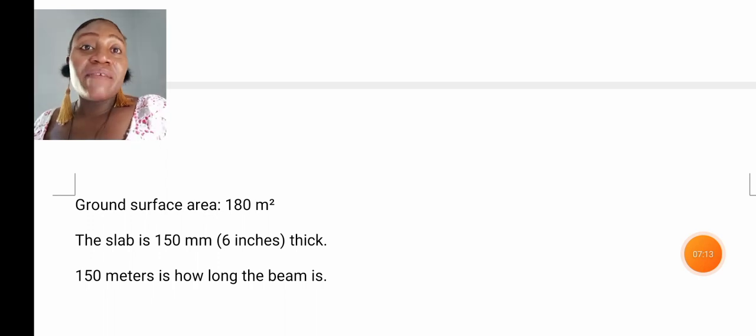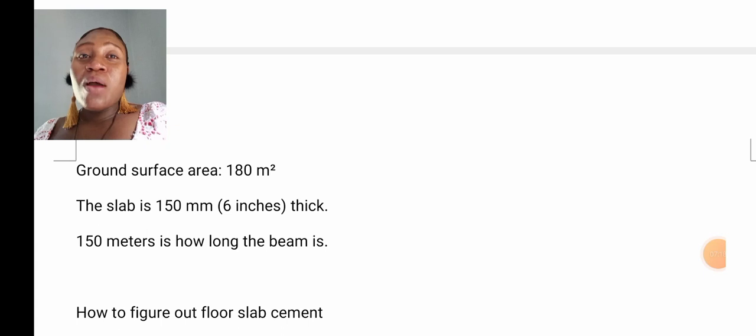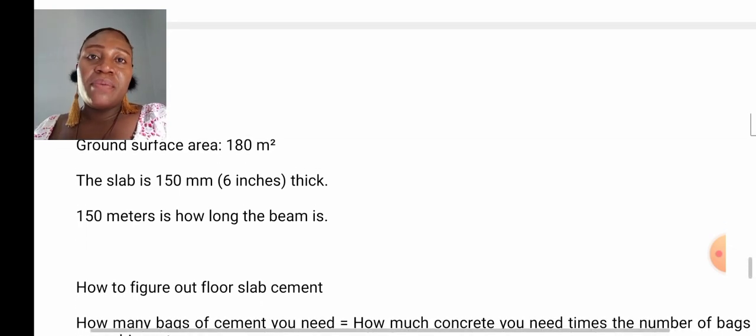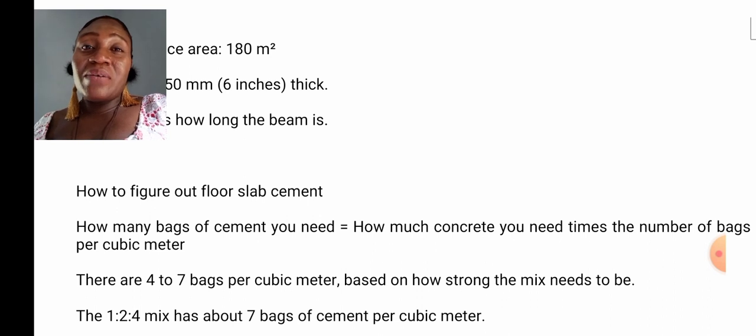So remember, the ground surface area is 180 square meters. The slab is 150, that is 6 inches thick. Then the beam length is 130 meters. How to figure out floor slab cement now is